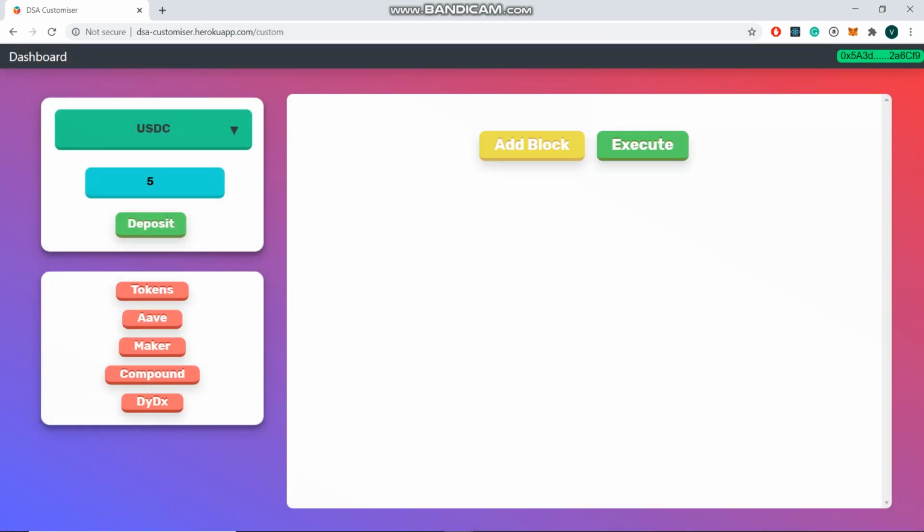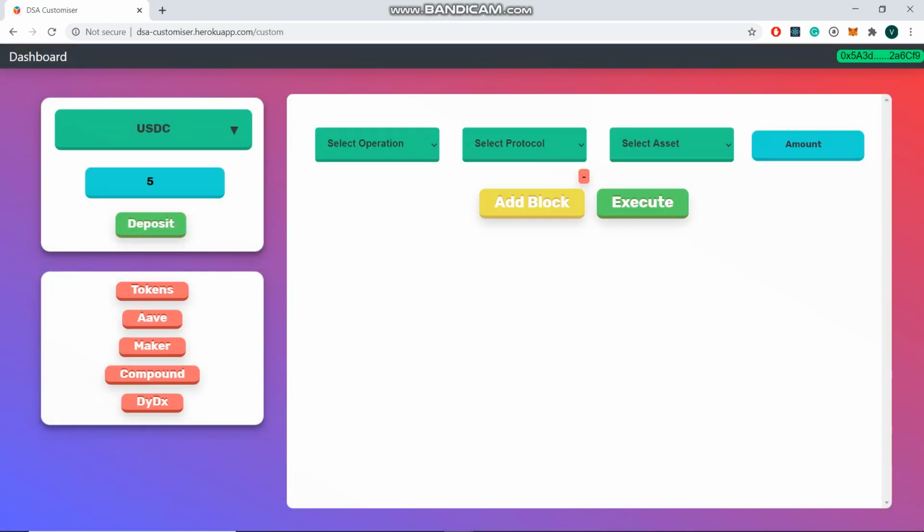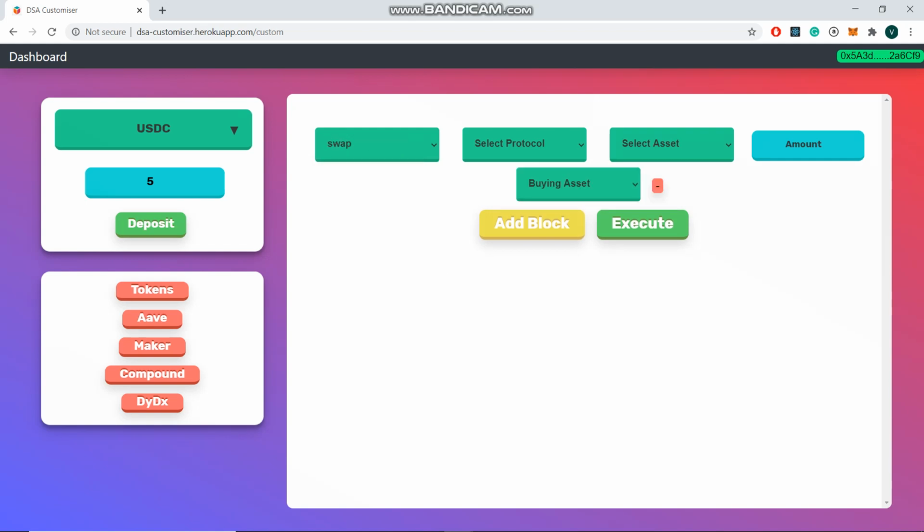And then let me just create another spell which is now based on swap. So now this is for swap. Borrow and deposit will work accordingly, so based on borrow and deposit, you will get a filtered list of the protocols. I'll just create one again and do a swap. This is based now on the DEXs, so you'll see another drop down coming in, which is the buying asset, the secondary asset. These are the options that I have for my swapping: Oasis, 1-inch, Paraswap and Curve.